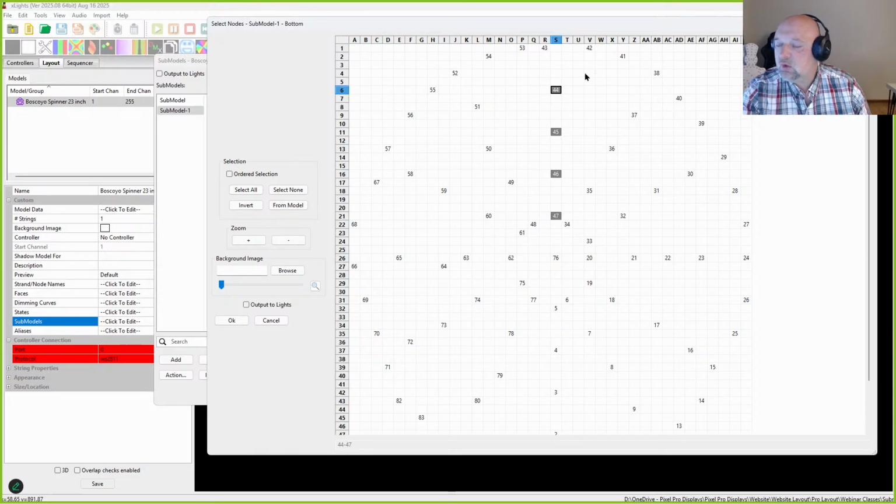Now, one of the things that we learned over time in dealing with submodels, and they're fun to play with, and they're fun to build, and they're a terrific thing to have inside xLights. However, we learn things as we go, and probably in about 4 or 5 years ago, we ended up